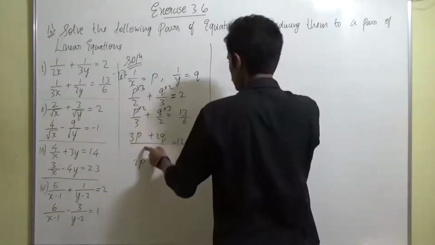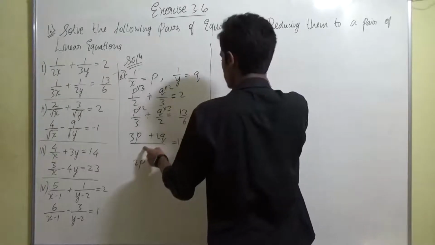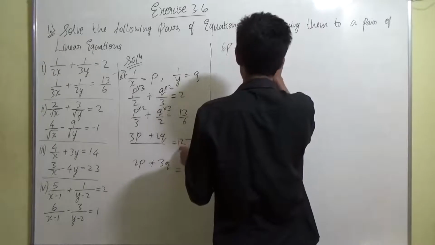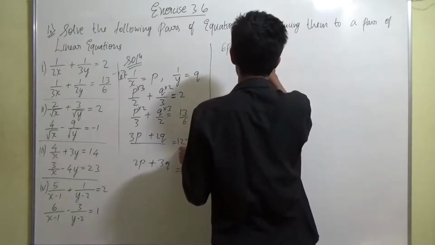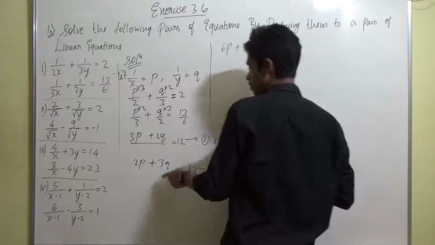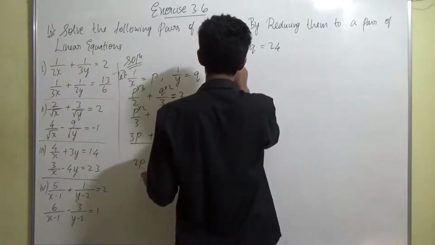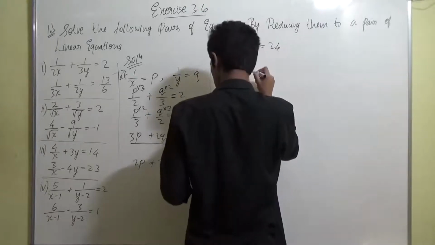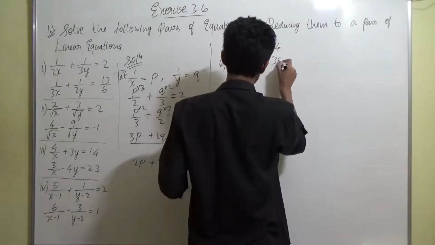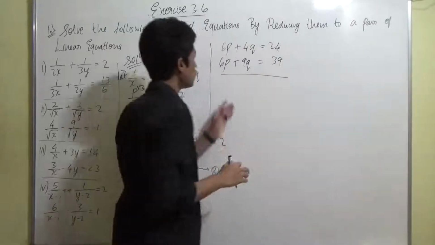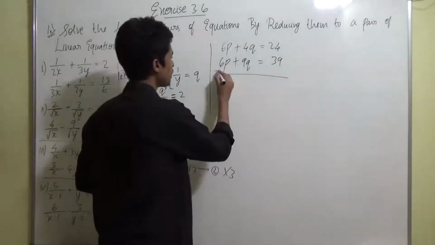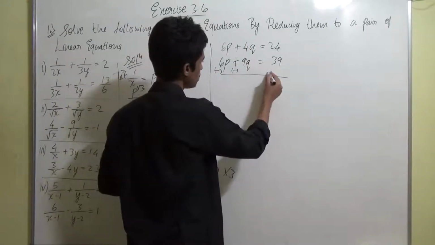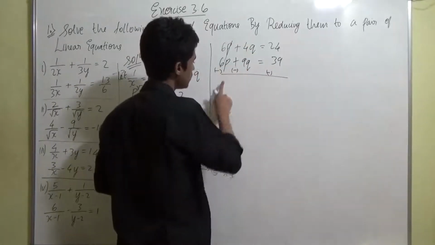So now after multiplication I'll write what equations you'll get it. I'll write it here. So this will become like 6p plus 4q equal to 24, right? Of that, equation 2 will become equal to 6p plus 9q equal to 39. Done. Now we can do the elimination method. Now I'll subtract this. Plus becomes minus, plus becomes minus, plus becomes minus. These two will get cancelled out.